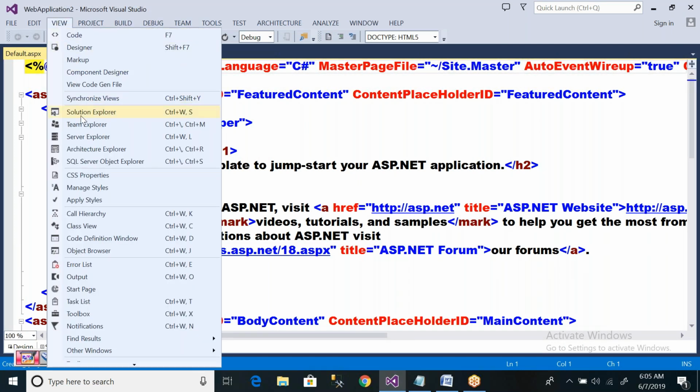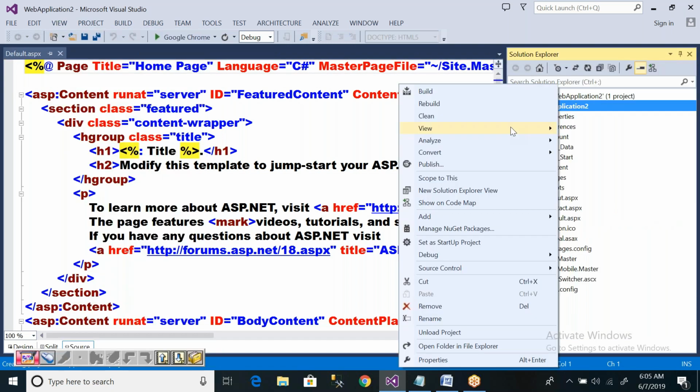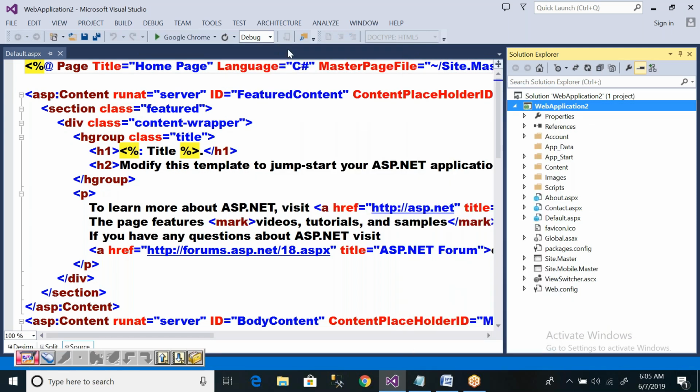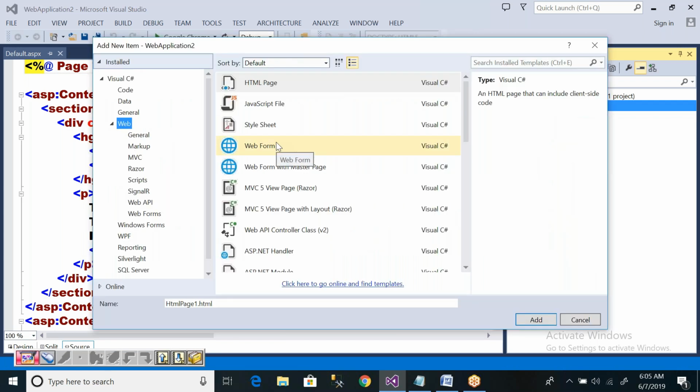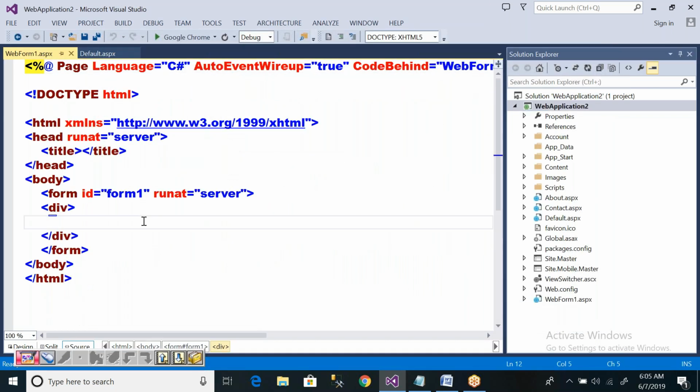In Solution Explorer, right click, add, new item, web form. Click add. Add a header h1: Welcome to ASP.NET Web Forms.